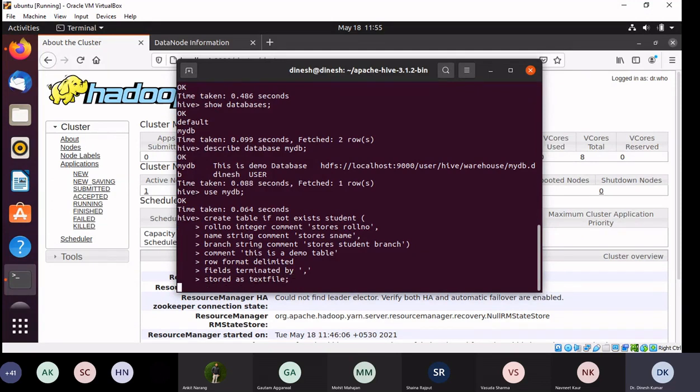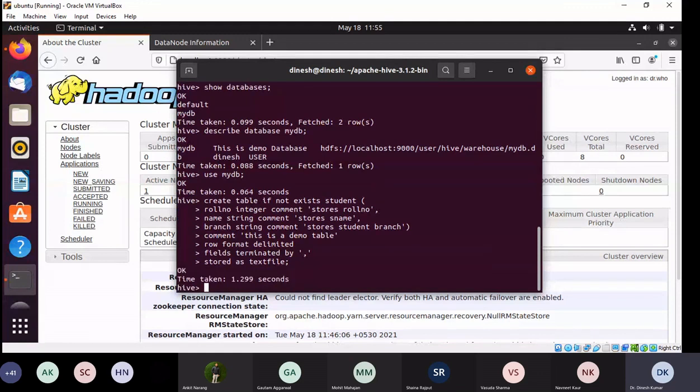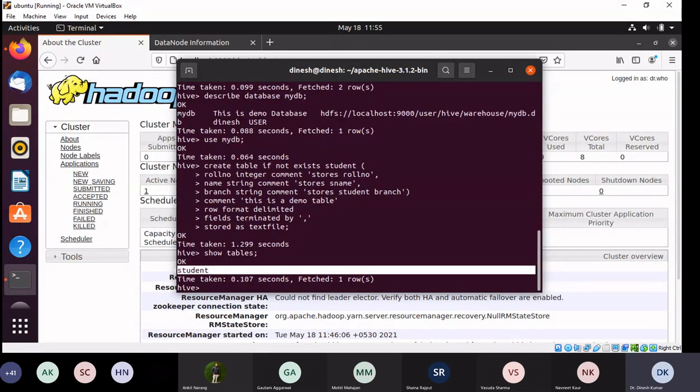Close this. Press enter. If everything is fine, it will give me an OK message. So now you can say show tables. Now you can see the student table is here. You can also type describe student.